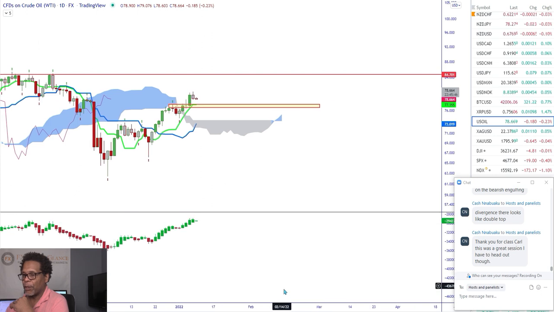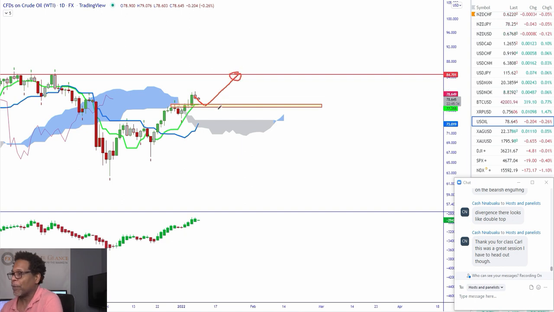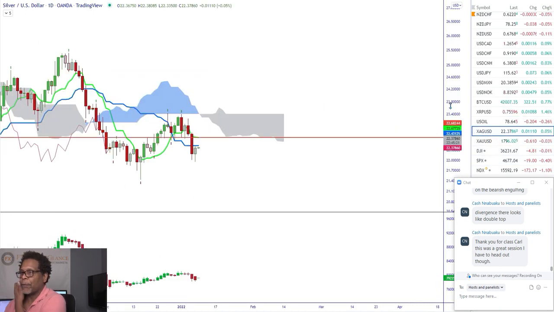All right. But if I'm going to look for a long trade on oil, I'm looking to get in right here. Right in this area. So look for maybe a little move down, correct in here and then shoot for this target right there, with your oil, 84,701. All right, and then we got gold and silver, and then we're done. So here's silver.